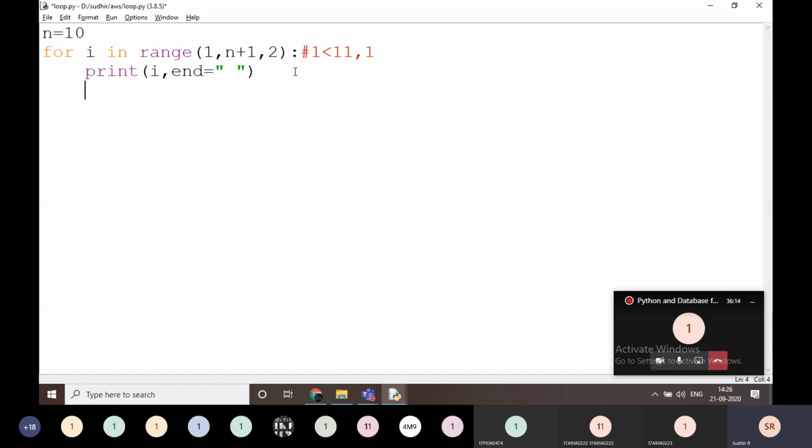The next one, for example, is i equal to i plus 3. Going to replace it here. There is no step count here. Can anyone guess what is the output now?